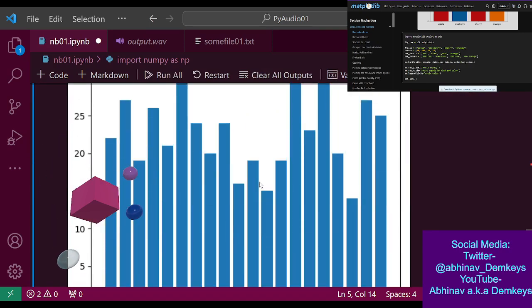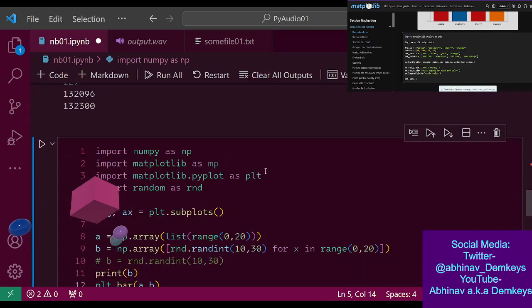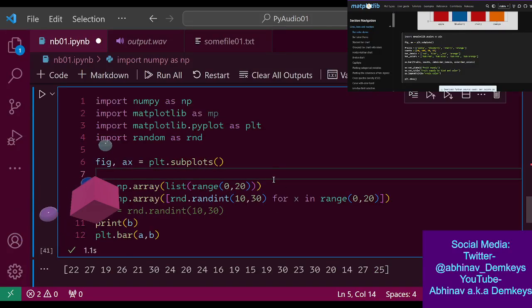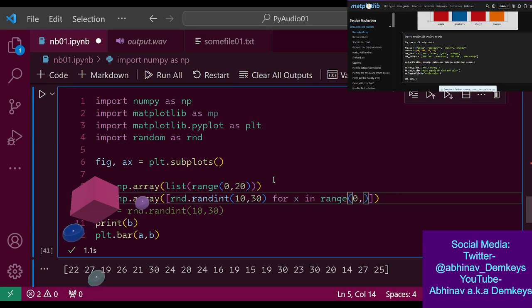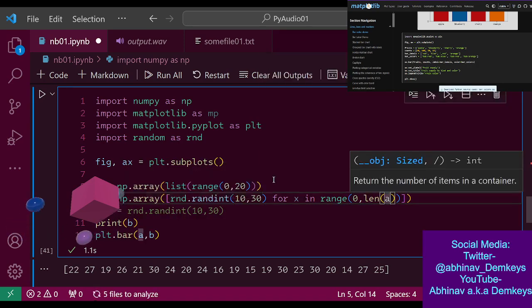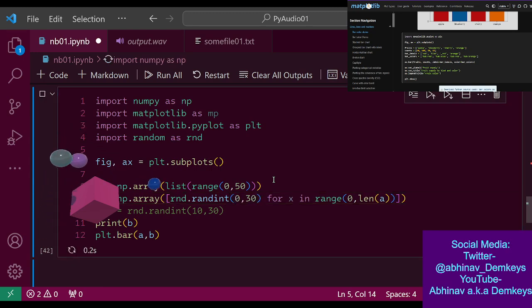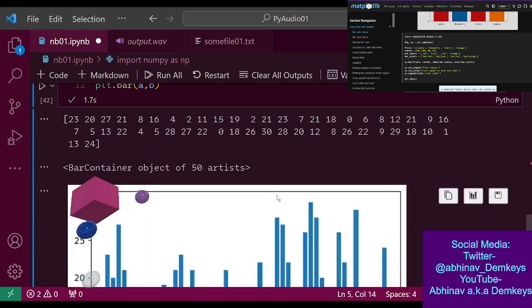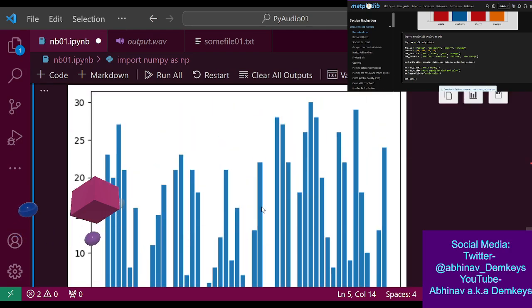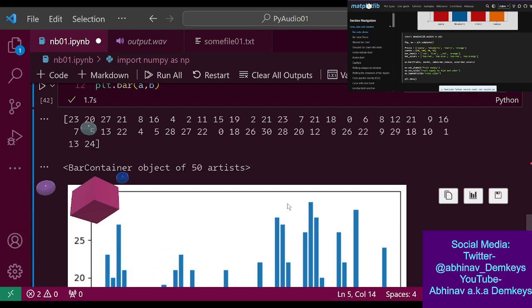Yep, there is our data. We can probably make this bigger as well. I can set the range to be based on the length of A, so that way I only have to change one value. So I can make this 50, and we can increase the variety here. There we go. Awesome. Great.